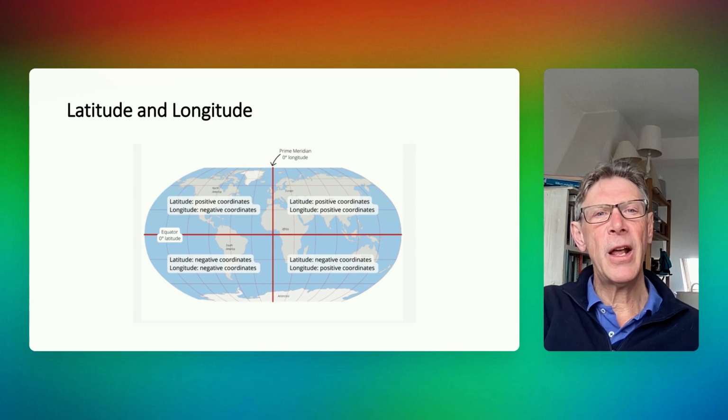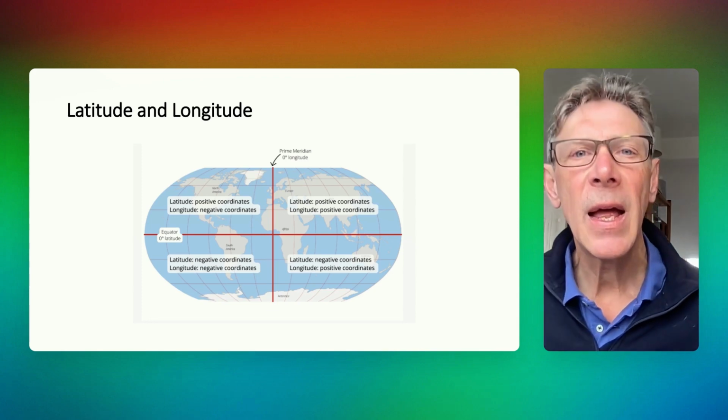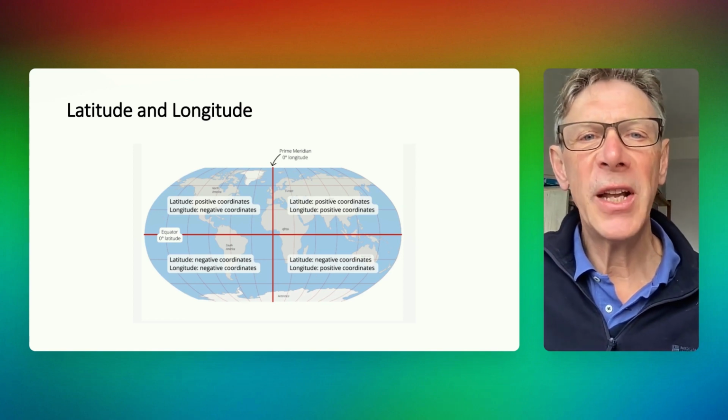And last slide here, we have a simple map of the world, and you can see on it longitude and latitude. And you do sometimes get questions with maps a little bit like this. There you've got longitude and latitude.